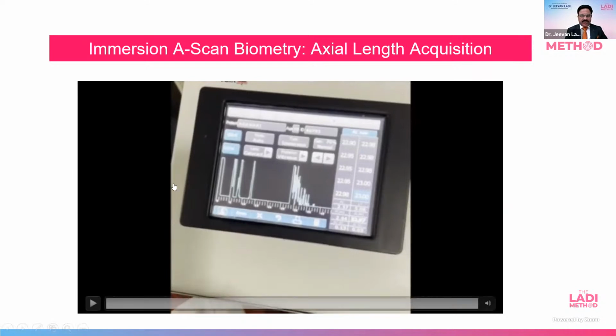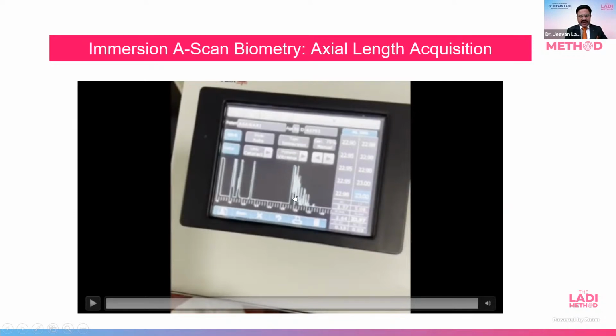As you can see here, once the acquisition is done in a few seconds, what you see here is a probe, that is the Prager probe spike. Next to that is a corneal spike. So this is a corneal spike, this is an anterior lens, this is a posterior lens, a retinal spike, scleral